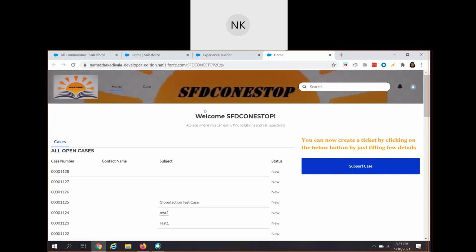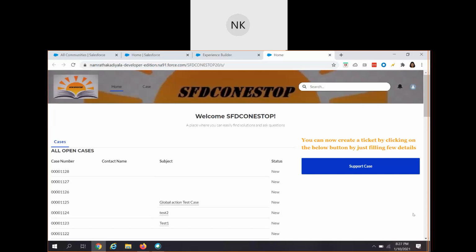At this moment, you can see that this community page is only displayed in the English language. Now we have to expose this community so that our customers who can read or write Spanish or European or Chinese or any other local languages can be added as a preferred language, and the users can select their preferred language and the page can display in that specific language. That is what we are going to see in today's demo. Now we will see how we can add the language selector component. Language selector is also called the language picker, and we will see how we can configure the different languages in our Salesforce community.